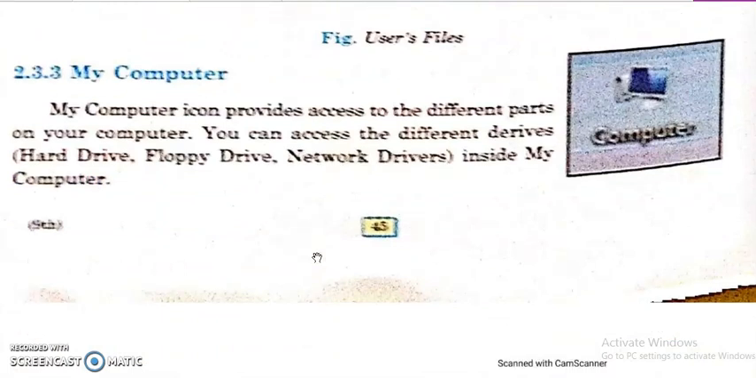The My Computer icon provides access to the different parts of your hard disk. Now we are going to study these icons in detail. You can access the different drives, like hard drives, floppy drives, and network drives, inside My Computer. If you open My Computer, you can see the storage area of the computer, how much your computer is storing, and how much is the partition of the storage,